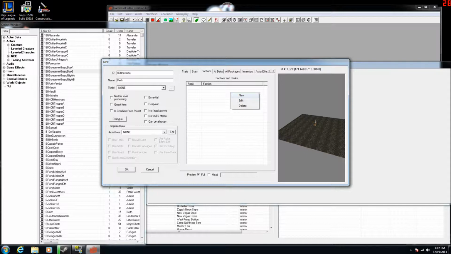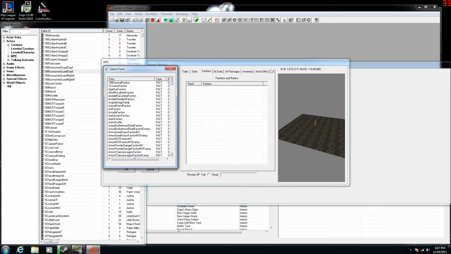Alright, factions. Okay, now, you see all these? There's the reputation. It means he'll be part of that faction. Say you placed him near a Brotherhood of Steel guy, and then you made him part of the Brotherhood of Steel. If you hit a Brotherhood of Steel guy, he'll get mad at you and start fighting with the Brotherhood of Steel. It just makes them what team they're on. But if you just want him to be his own and not care about anything, you just do player faction, which is one of the best things to do. Or you can just make your own. Let's just do player faction